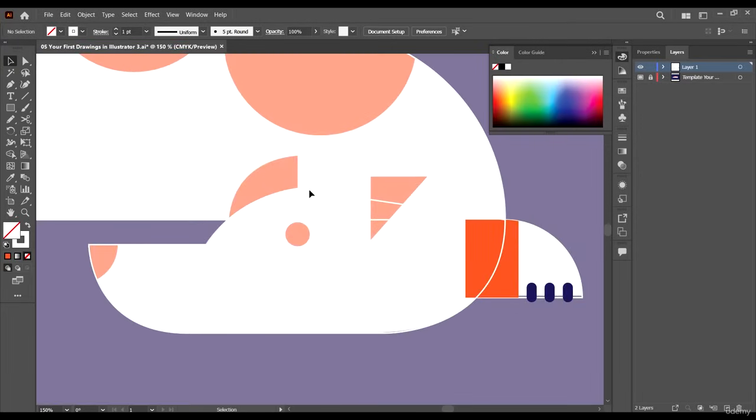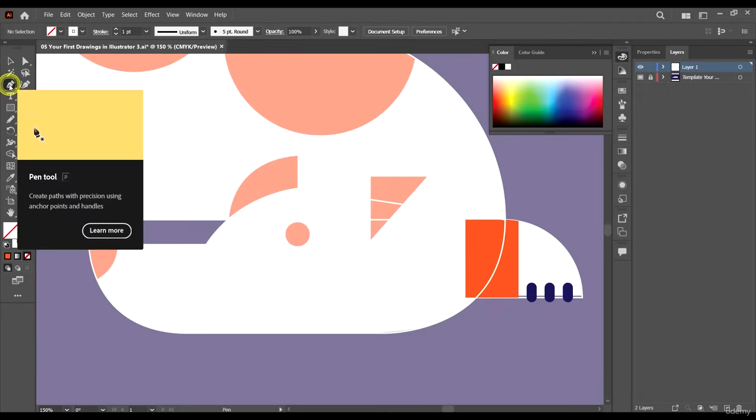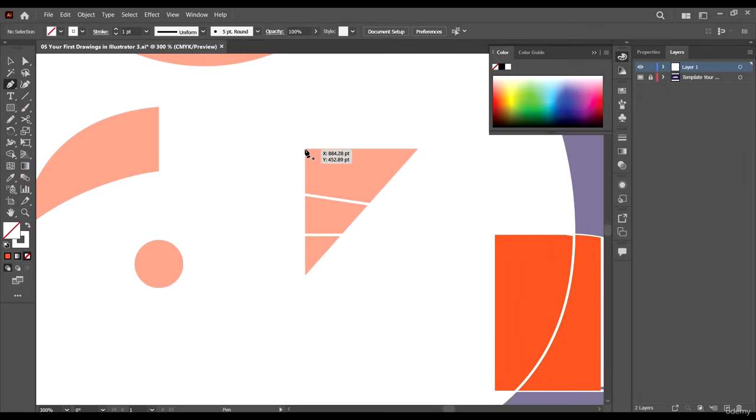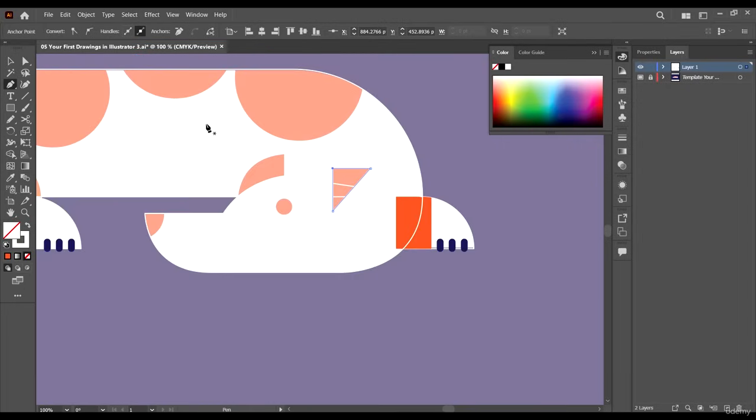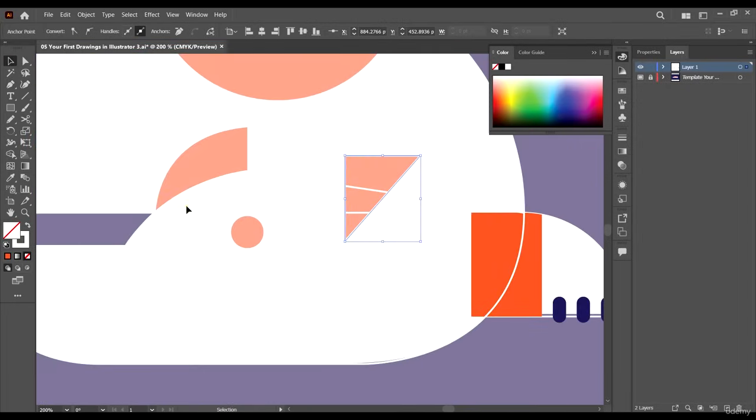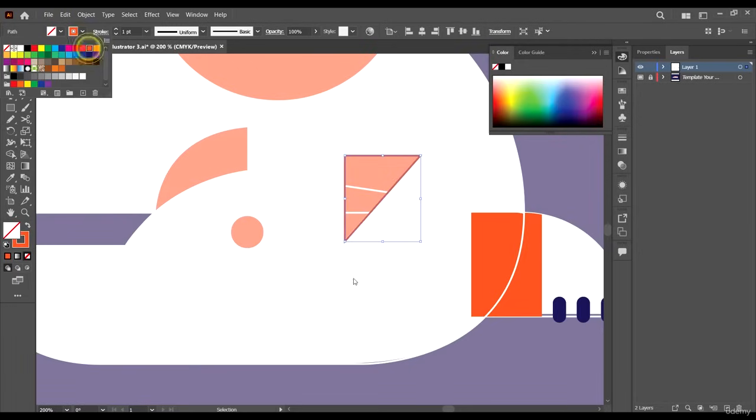Now the next thing to create for me is this ear. For this ear, I'm just going to select the pen tool, hold down shift, click here, and then finally complete the shape, and select our shape, come and give it an orange color.